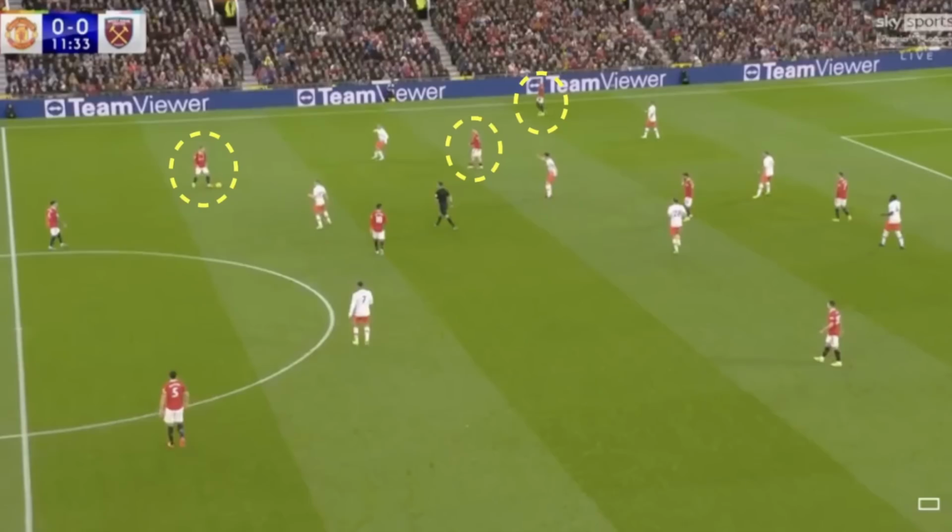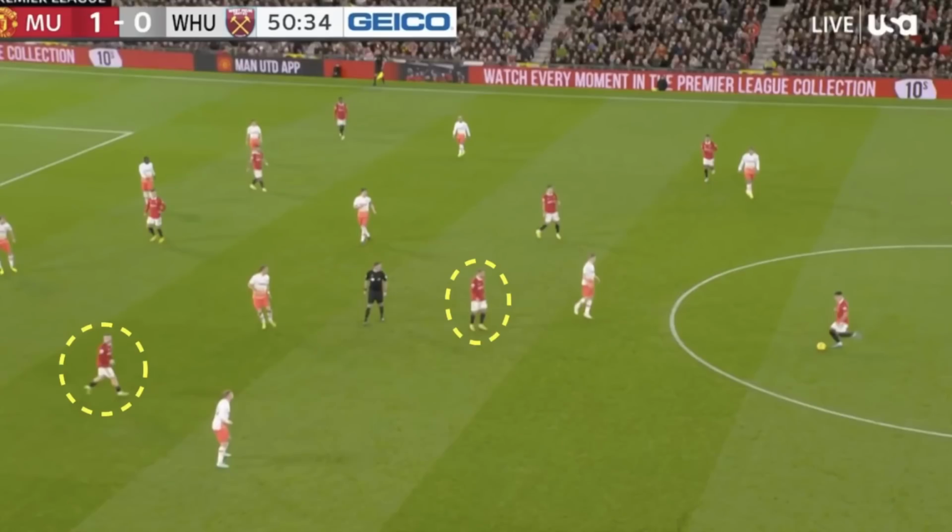Sometimes Christian Eriksen would pull wide, taking up a wide left deep position alongside Casemiro, with Luke Shaw taking this as an opportunity to overlap down the flank, then allowing Marcus Rashford to drift infield between the lines. Although we did also see Luke Shaw positioned next to Casemiro on occasion, with Eriksen then sitting between the lines